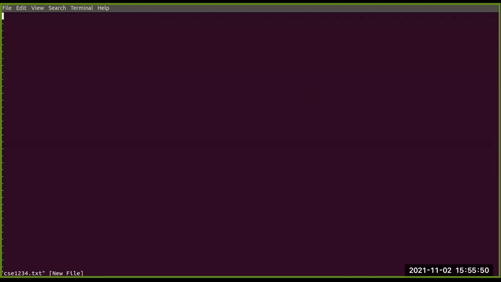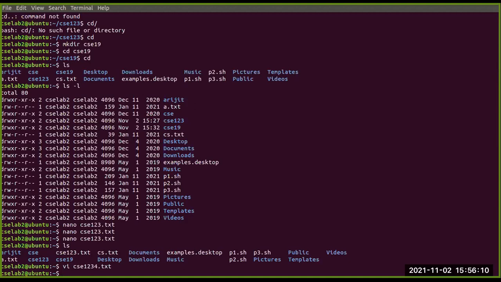So what is the option to get out of this vi editor? First, you need to press the escape button, and then colon, which you can see in the lower part, then wq, colon wq, right? If we press that command, then it will get out of the vi editor. So there are different options for different editors. For nano it is different, for vi it is different. So we have to keep remembering what type of editor we are using, and how we can come out of that particular editor.